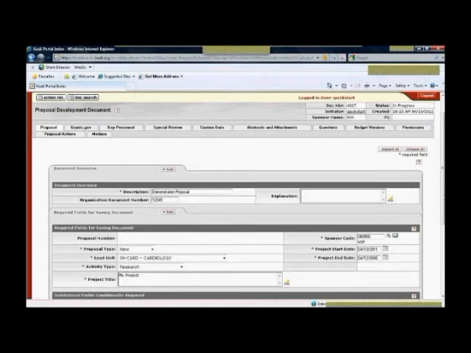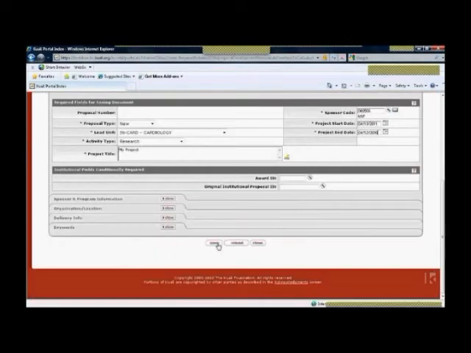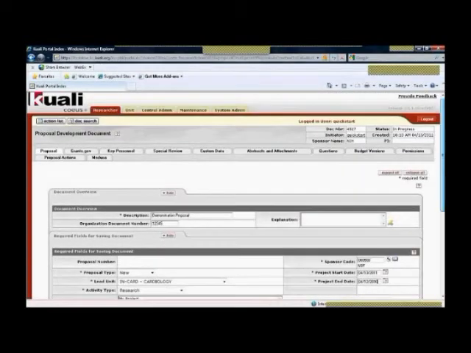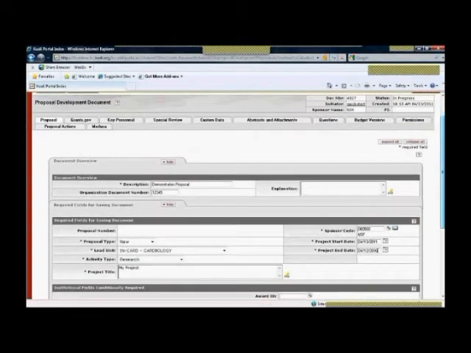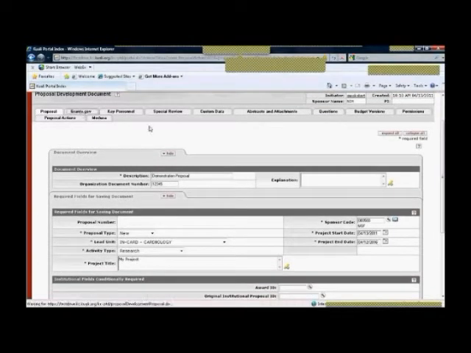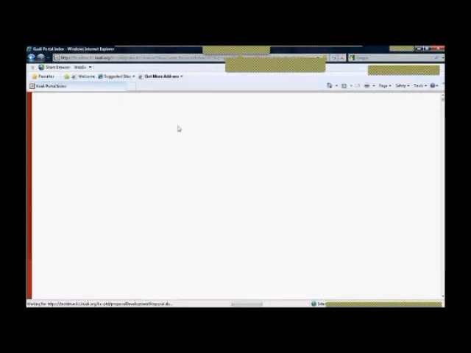Okay, so I can save this now successfully, so I'm going to do that. Actually, I don't have to. I take that back. So here's what we're going to do. We're going to flip over to the grants.gov tab real quick, so I want to show you something about how to fill some of the information in for you. If this was going to be submitted,